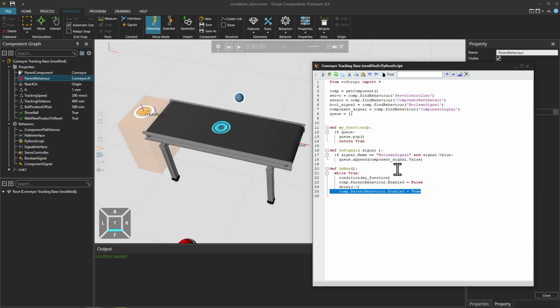Now there's also other ways of doing this condition. So by definition, it again requires only a function reference, but users can also use anonymous one-line functions, basically lambdas. So we don't really need to have this my function over here, but we can write it in a simpler way. Like this. So basically what this lambda q means is basically this my function. It's practically the same, except it does not have this q pop.